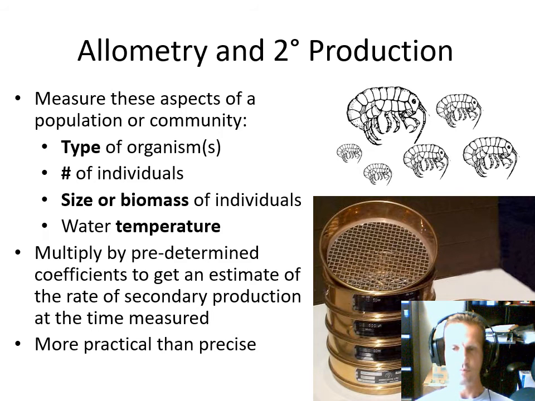Basically, you take a scoop of ocean water or a grab of seaweed, and you shake the animals out of it, and you count them up after sorting them by size, and you can figure out how many there are of what different sizes. With some knowledge of other factors too, like water temperature, which affects productivity because generally secondary production is more rapid at higher water temperatures, you can punch those numbers into some pre-derived equations to estimate the amount of secondary production